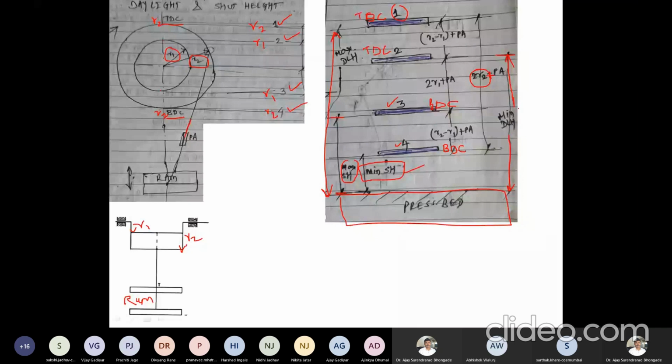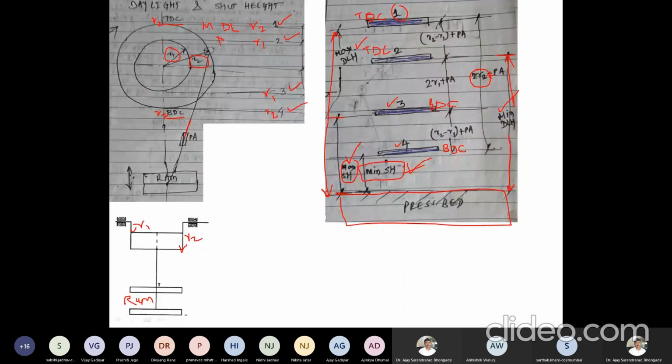Yes, sir. Okay. So now you can see there are 4 different positions and we are getting maximum DLH or minimum DLH. Similarly, we are getting maximum shut height or minimum shut height for these 4 positions, right? So if I go on writing on number 1, we will get this as maximum daylight.